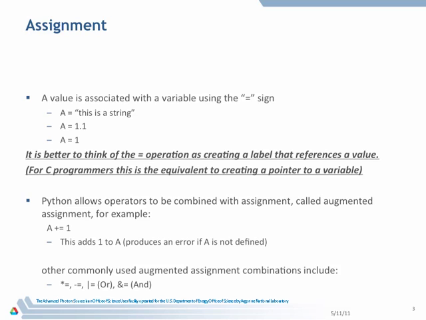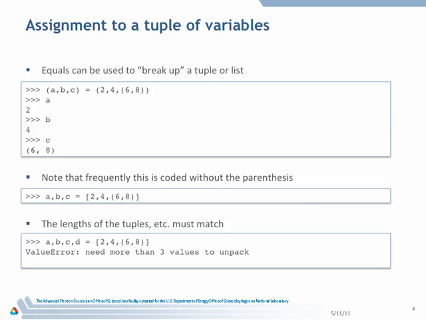Okay. So far that sort of makes sense, except for maybe this oblique comment here, but you'll see why in a moment. But you can do equals in more complicated ways. Here, I'm using equals with a tuple. More commonly, people will not bother putting in the parentheses, but here I've got a tuple, and here I have a tuple. They're the same length. So when I do this, it takes my tuple and breaks it up. A becomes 2, B becomes 4,